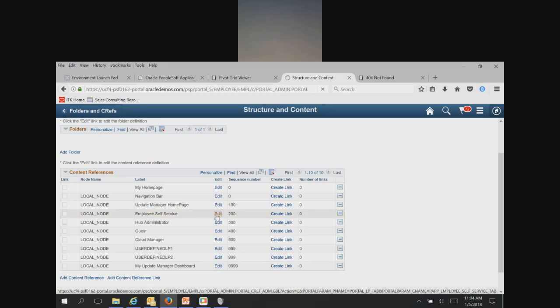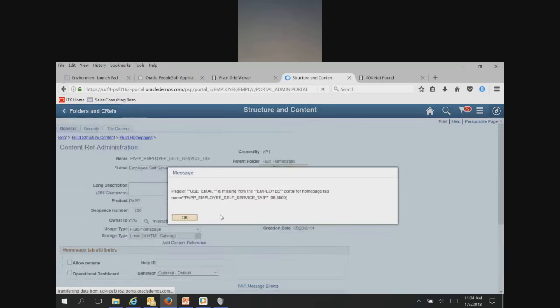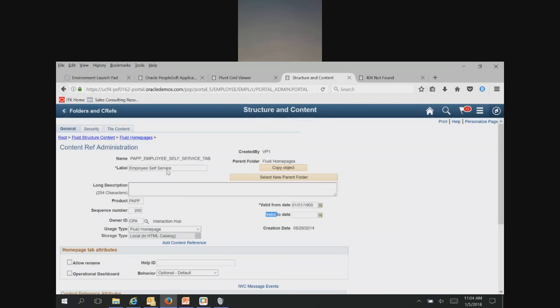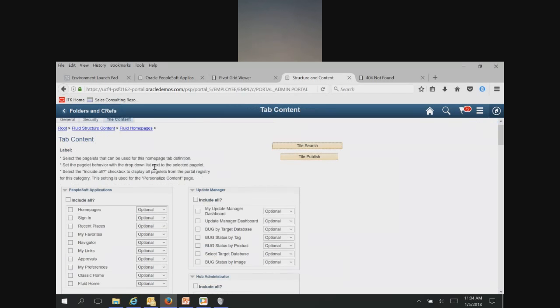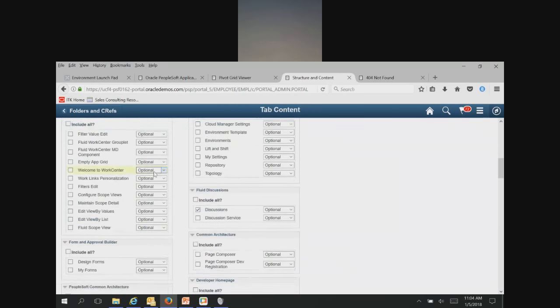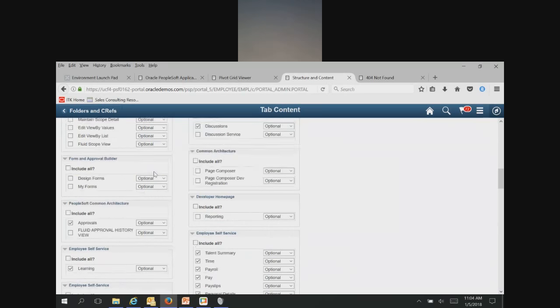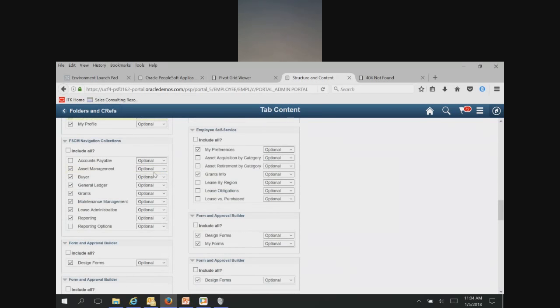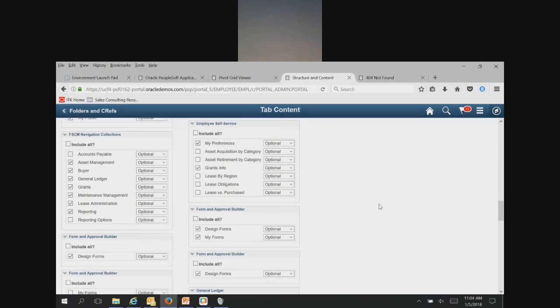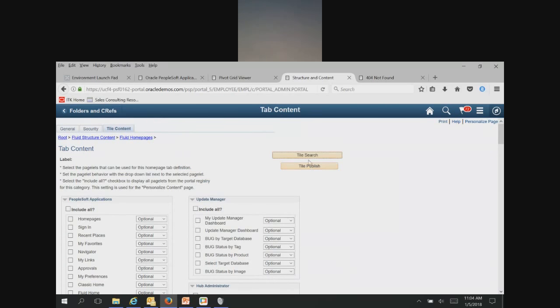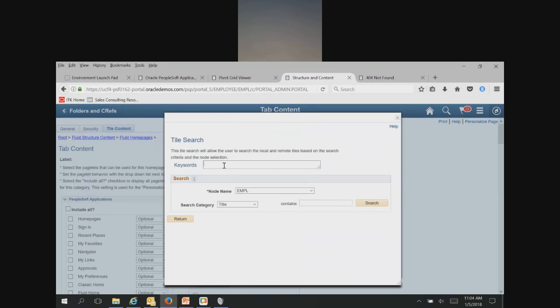All right, so we're going to go into employee self-service. And then within the tile content here, we have our various options for which ones we want to see. So I'm going to search for